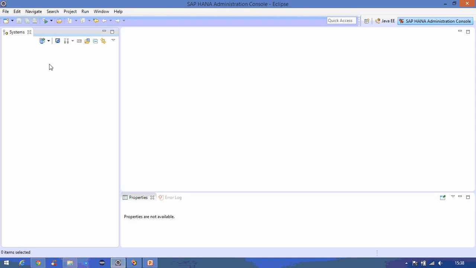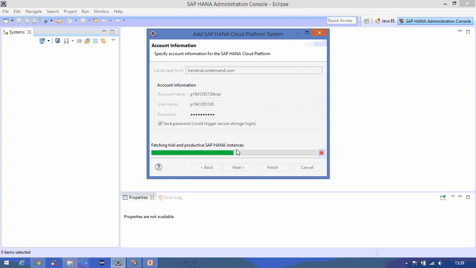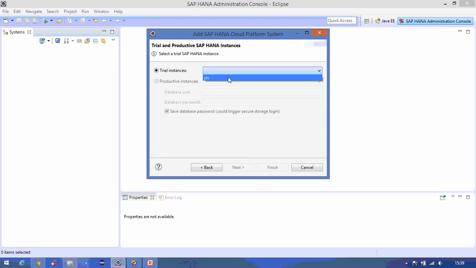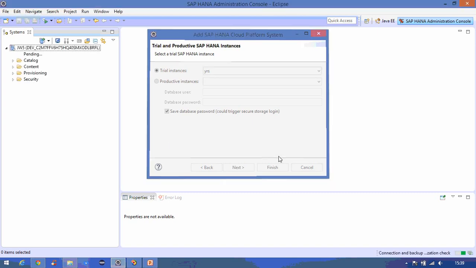Now then, we're going to connect our cloud-based system. So if we come onto the left, we can add a system, and we're going to add a cloud system. Now, if you remember, when we set up Eclipse, we gave it lots of information about our HANA trial account, and it's pulled that information through. You may need to enter your password, but we can click Next, and then Eclipse will connect to the SAP HANA instance, and we can select our particular instance. If you were a commercial company, you may have more than one instance of the HANA system. You may have an instance for development and an instance for production. So we can select our instance and click Finish, and at that point Eclipse will connect to our HANA instance,